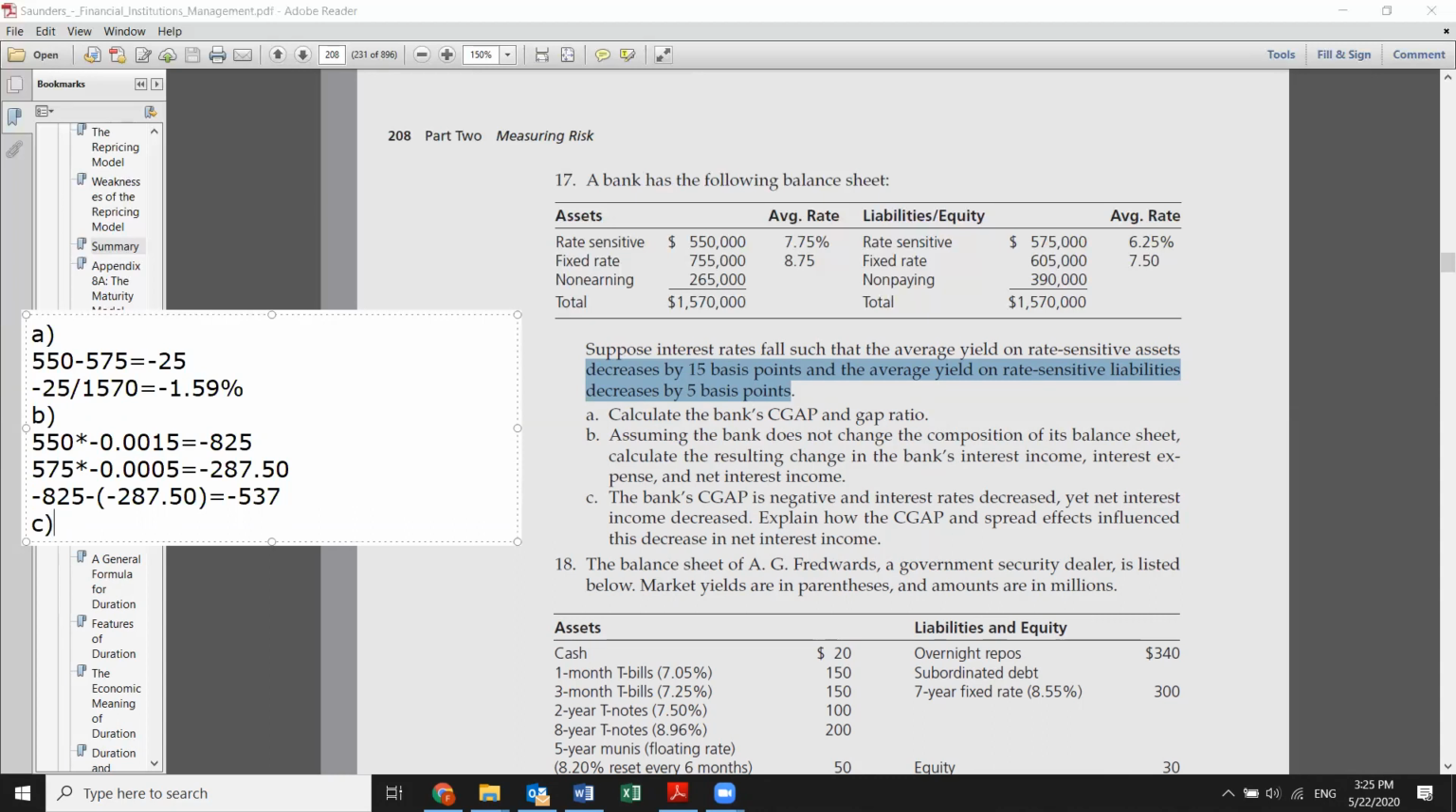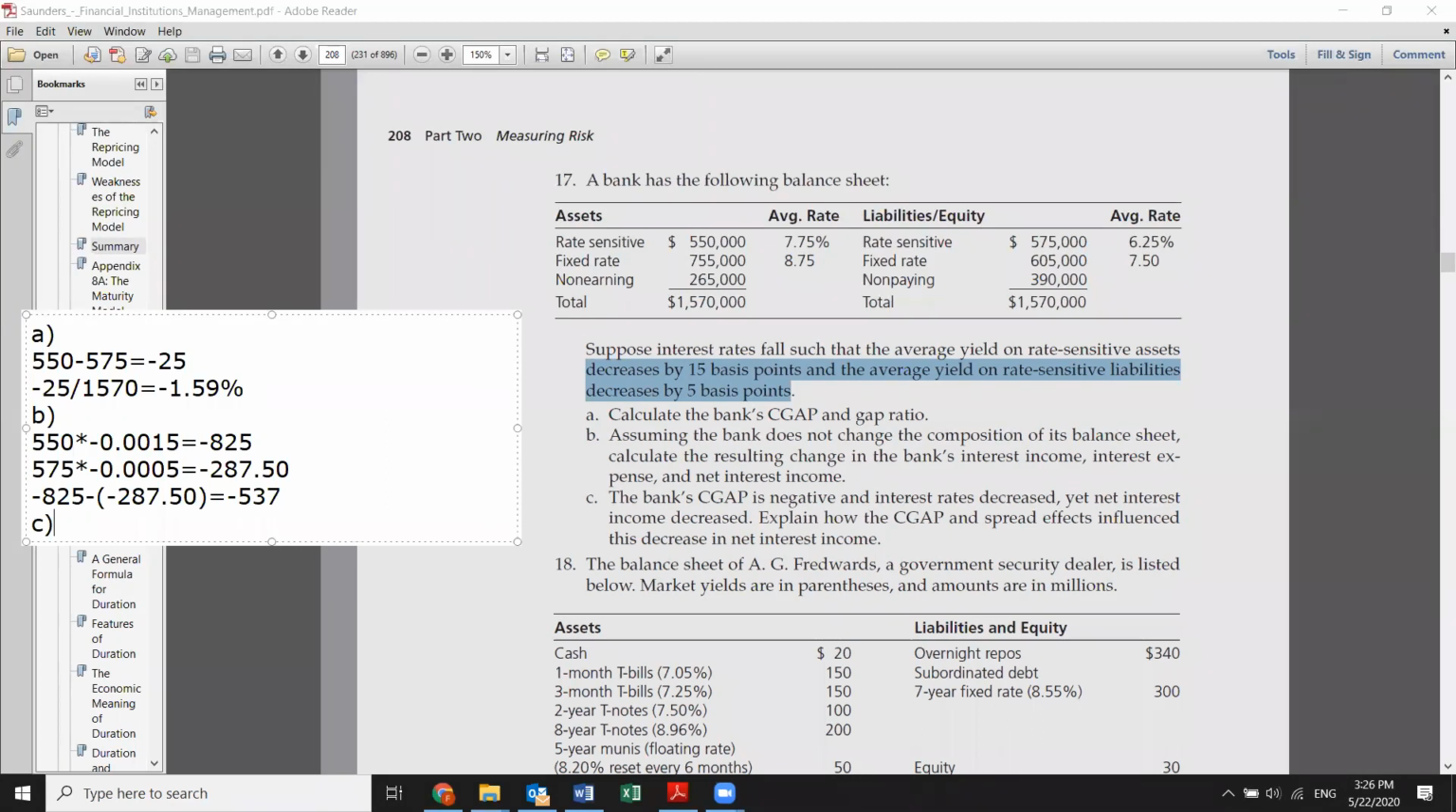as a bank, the bank's cumulative gap is negative and the interest rate decreased, yet the net interest income decreased as well. So explain how the cumulative gap works. According to the logic, as I mentioned at the beginning of the class today, with a positive gap, it will go in the same direction as the interest rate, but with a negative gap, it will go in the opposite direction, okay? That is the effect on the net interest income. But in here, we have a negative,